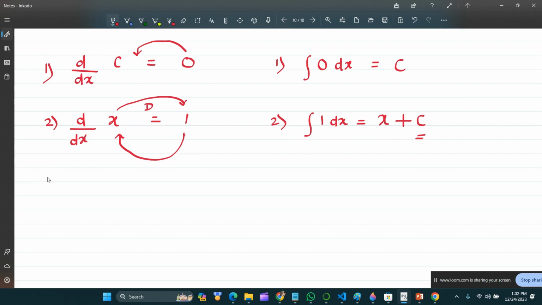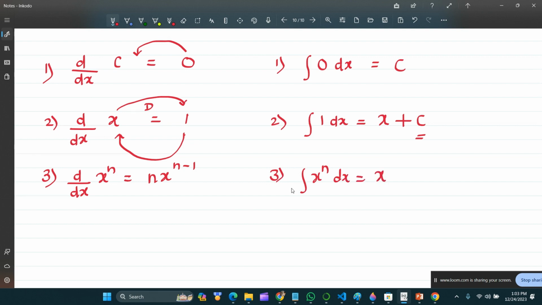Now the third formula, derivative of x raised to n. Now what is the formula for this? n x raised to n minus 1. As we have seen in the introduction, derivative makes small parts, therefore the power will be decreased. But in integration, we have to add that small part. Therefore the formula of this is